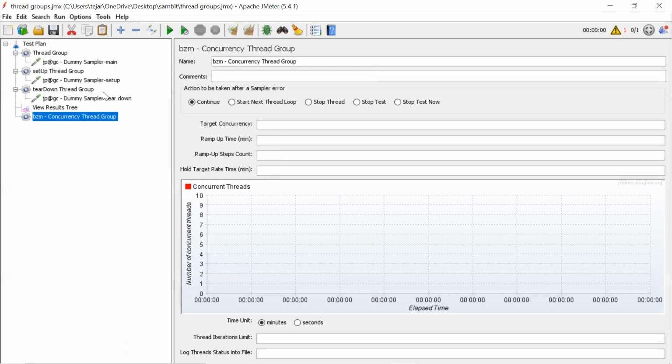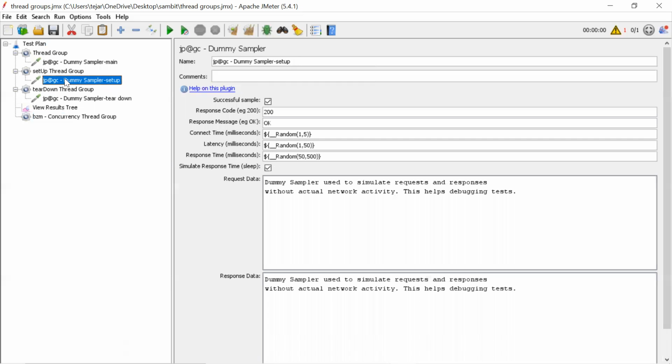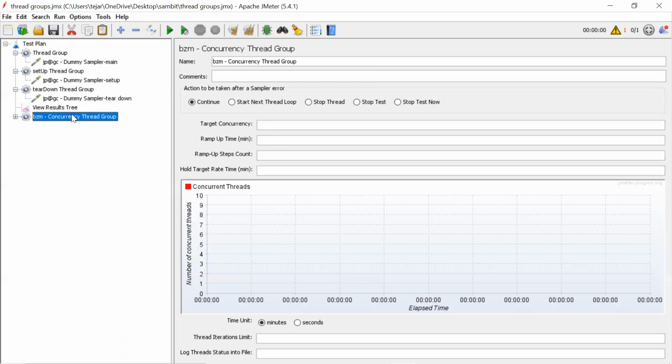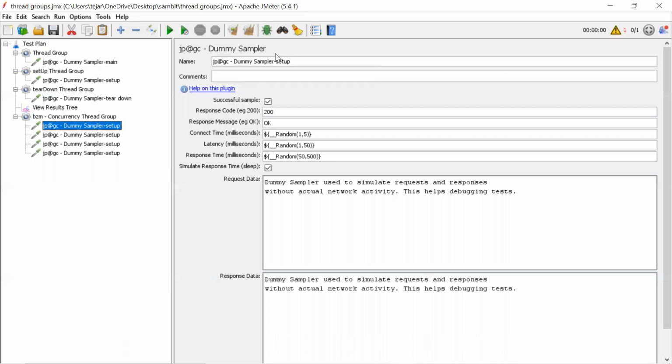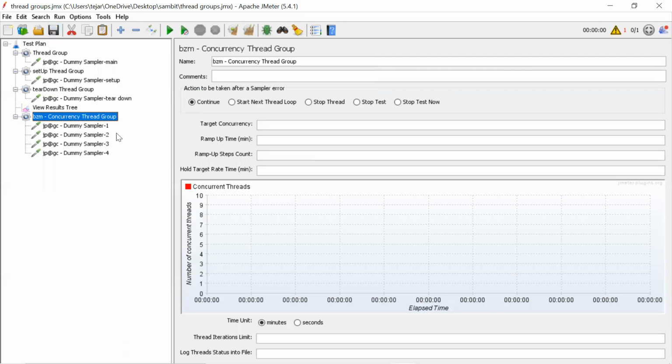Now let's copy this dummy and try it. Let's say I want to achieve the concurrency.